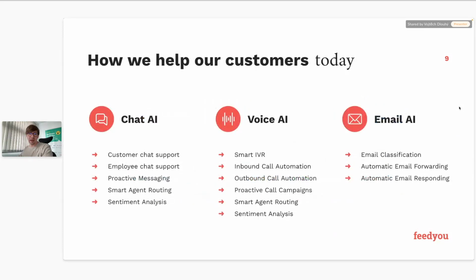How we usually help our customers, we really want to be able to cover the entire omnichannel, because we see that for some employees or candidates, it's better to talk with them through different chat channels like websites, mobile apps, Facebook Messenger, WhatsApp, Viber, Microsoft Teams, if we want to streamline some internal communication processes.